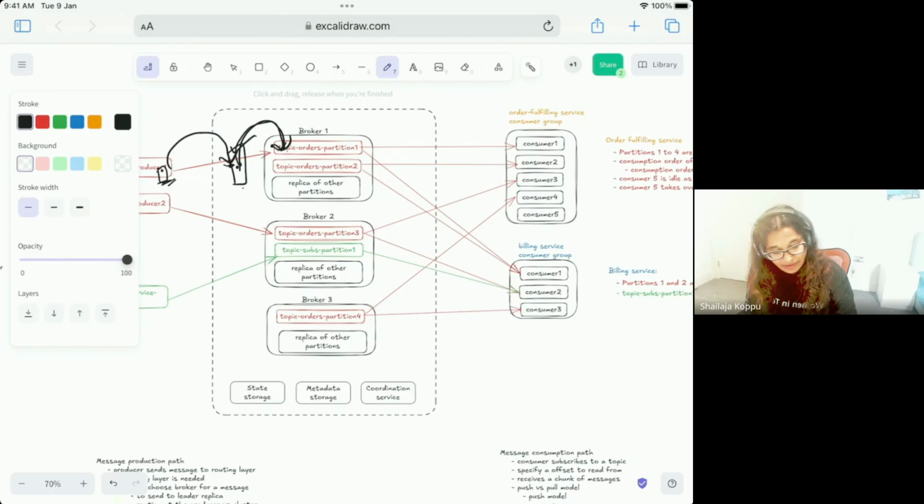Whereas if you have the routing layer here, you can avoid this extra copy. But the problem is the producers need to update their client. Producer clients need to be updated whenever there is a change in the logic of the routing layer. As a message queue designer, you are going to implement the routing layer, and this routing layer needs to be available in the producer client.